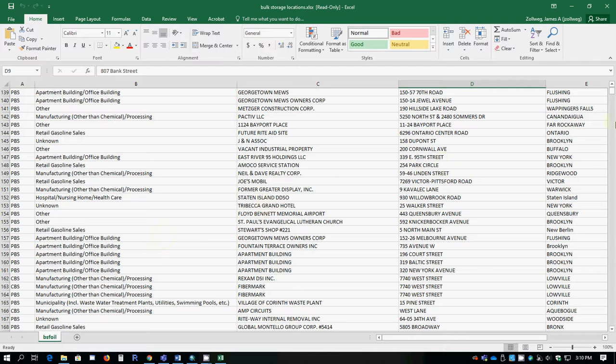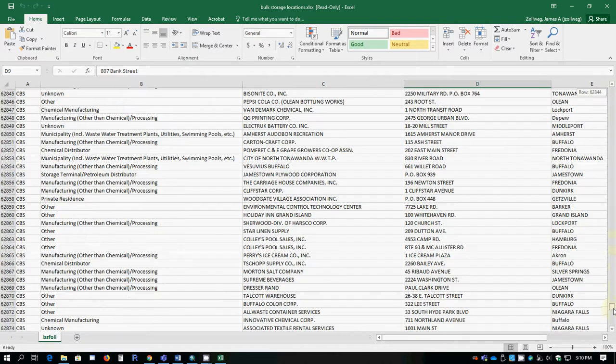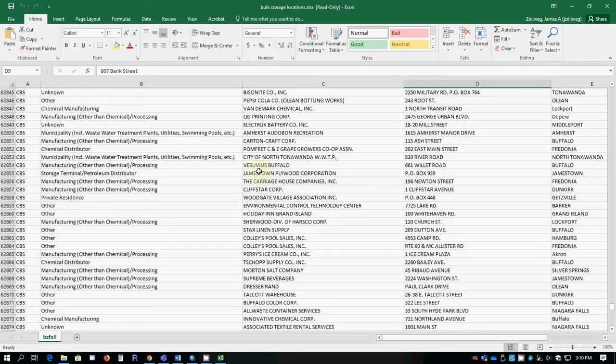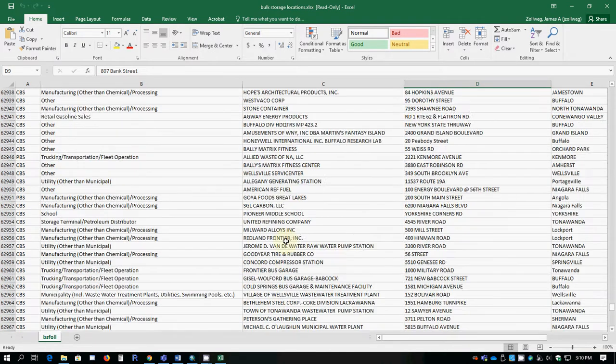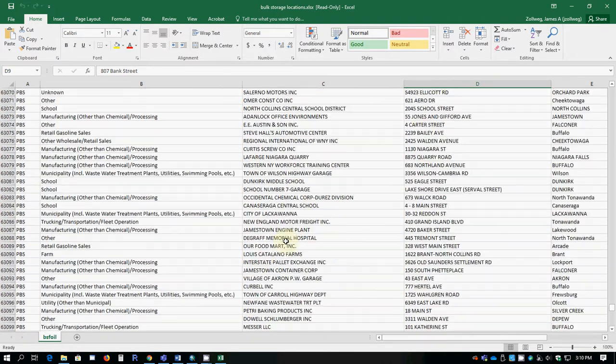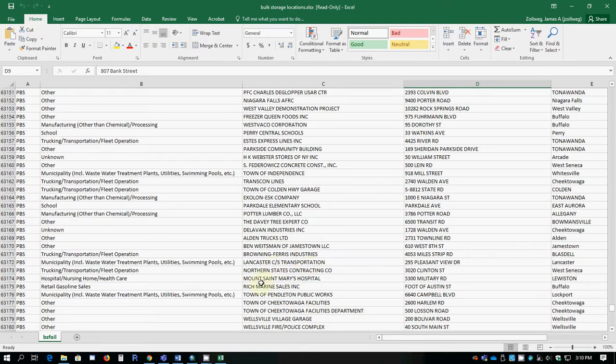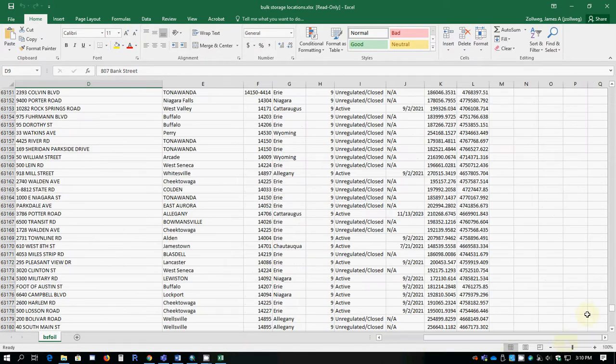This is a very large data set, and it includes the name of the facility, a wastewater treatment plant, a pool company. A pool company would probably have a large amount of various pool chemicals on hand, and these are all addresses. But also in this data set, there is a